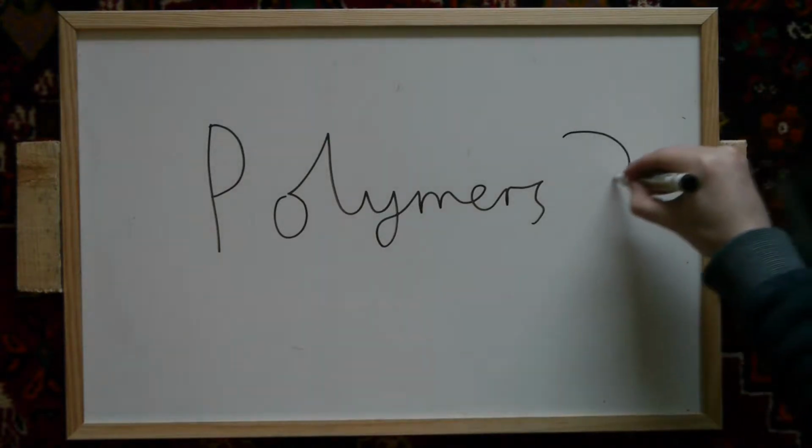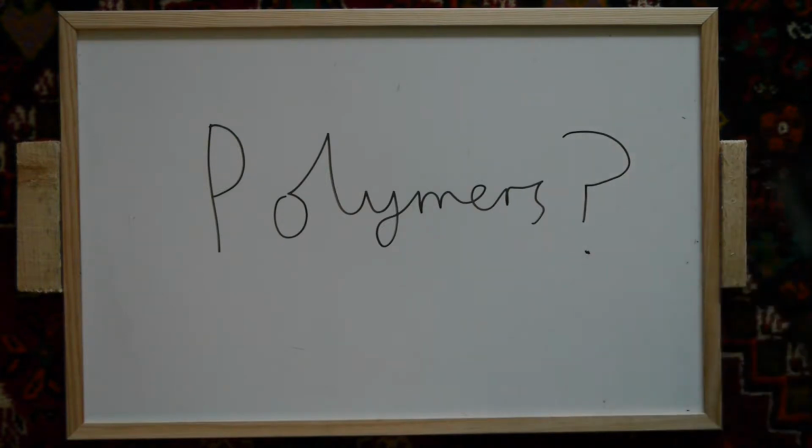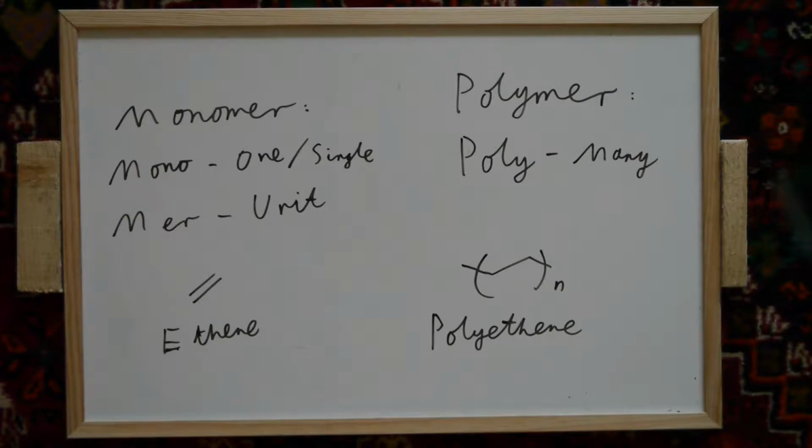My name is George Smith, and the first item on the agenda, what is a polymer anyway? Polymers are molecules made up of loads of monomers. Mono means one or single, and mer means unit, thus a monomer is a single unit, whereas poly means many, thus polymers have many units in them, those units being monomers. Here there is an example with ethene being the single unit, and polyethene being made up of loads of that